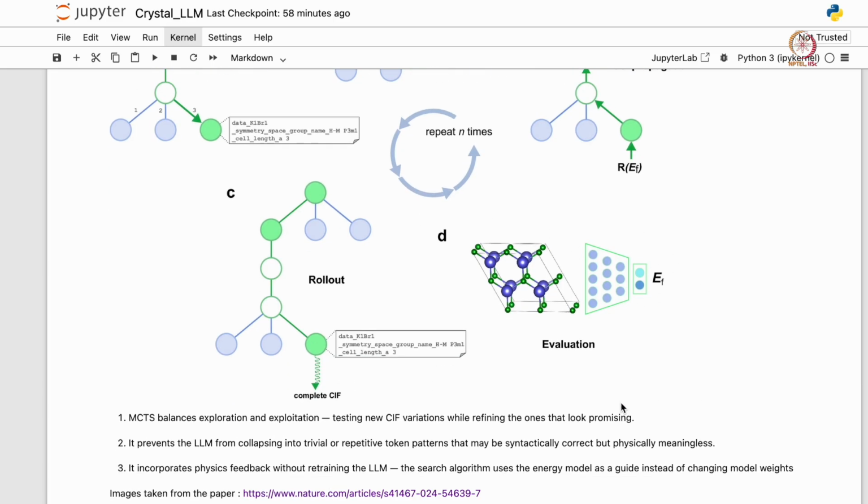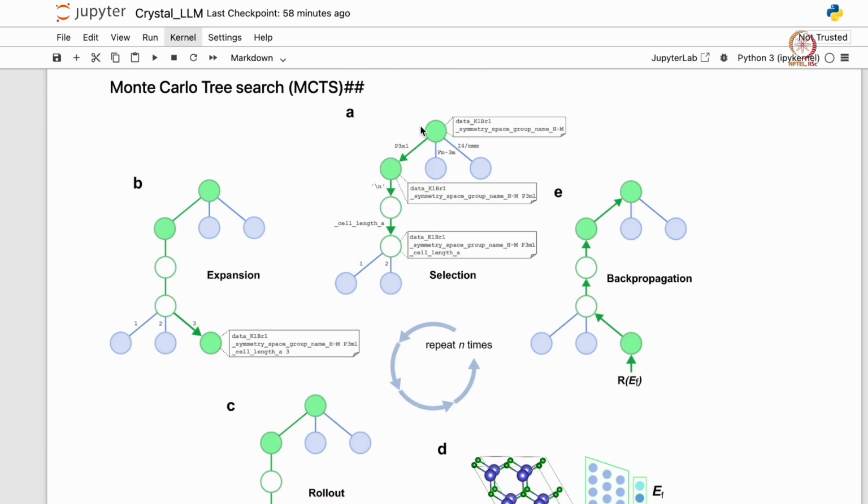So this MCTS algorithm will help you explore many of the branches, which is not possible with a single generation routine. Think of this: every time you have a branch, if your algorithm all it does is select the most probable branch, then every time you give KBr, you will always end up in P3m1, the space group which seems the most probable to the model.